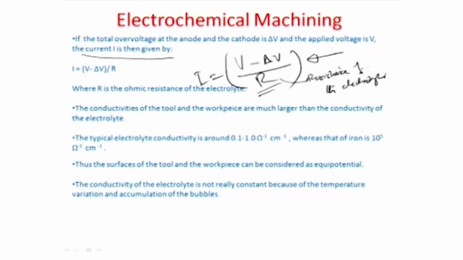We could have considered the conductivities of the tool and the workpiece, but they are simply much larger in comparison to that of the electrolyte. So, the overall resistance which really comes is because of the electrolyte and not the solid metals. So, we really do not consider the electrode other than as a sort of potential sink or